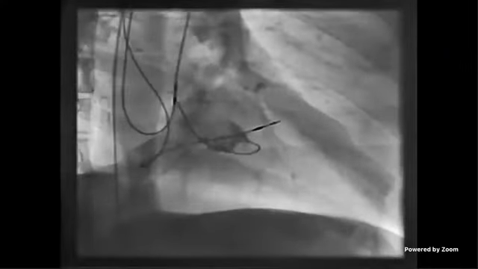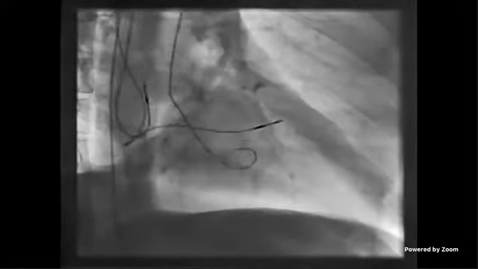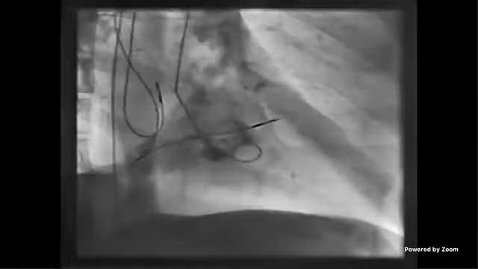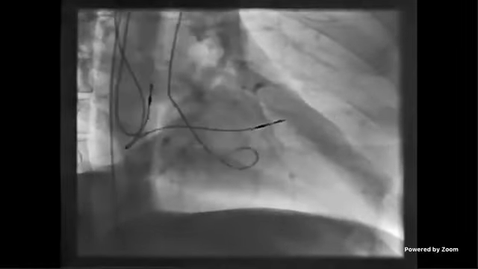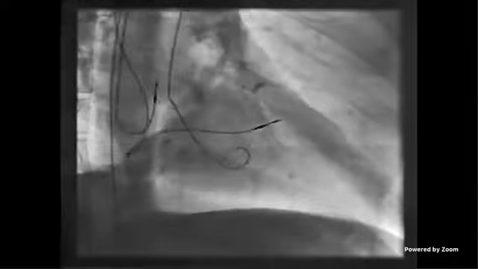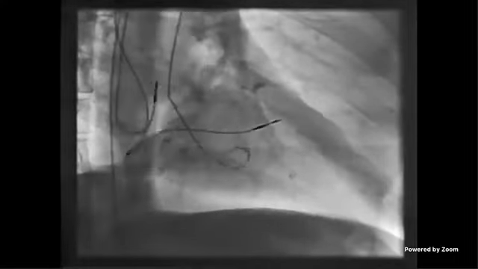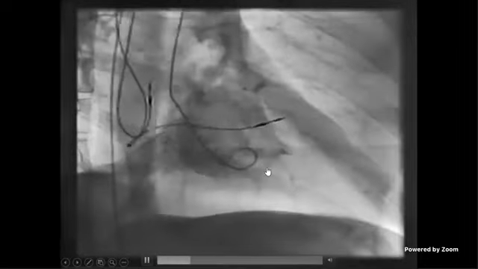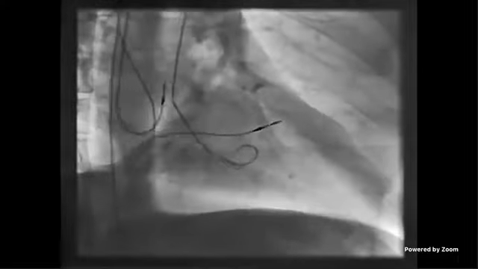RAO view with the arterial angled pigtail catheter from the descending aorta to the arch to the ascending aorta through the aortic valve into a chamber which is smoothly trabeculated, probably left ventricle, with good contraction, and the apex is showing an ace of spades type appearance, suggestive of apical HOCM, and with two pacemaker leads in the atria and the RV, sir.